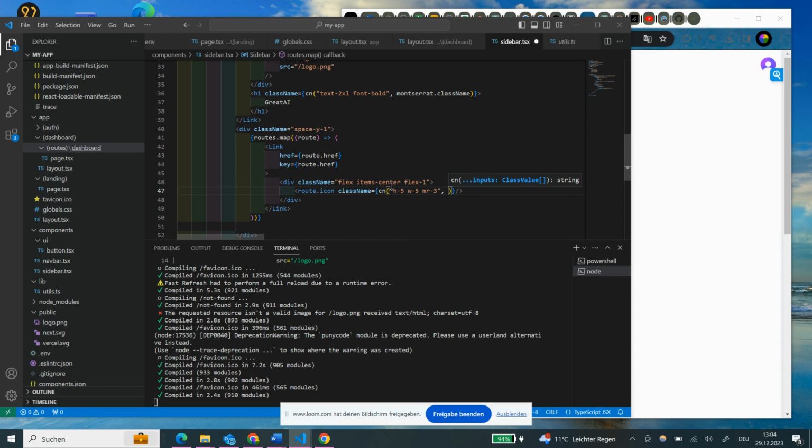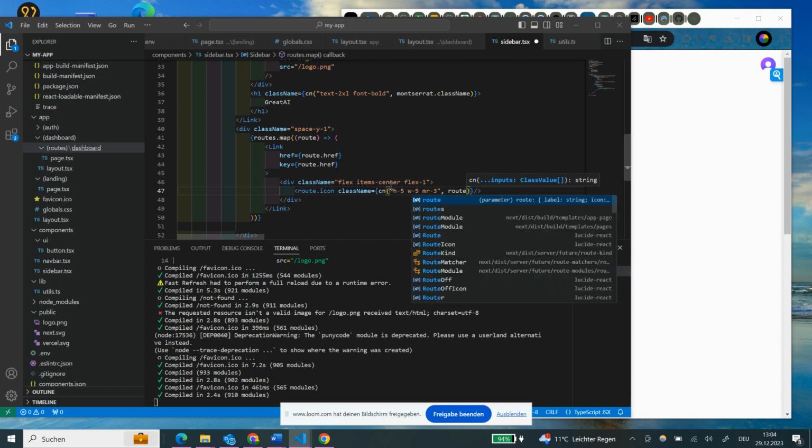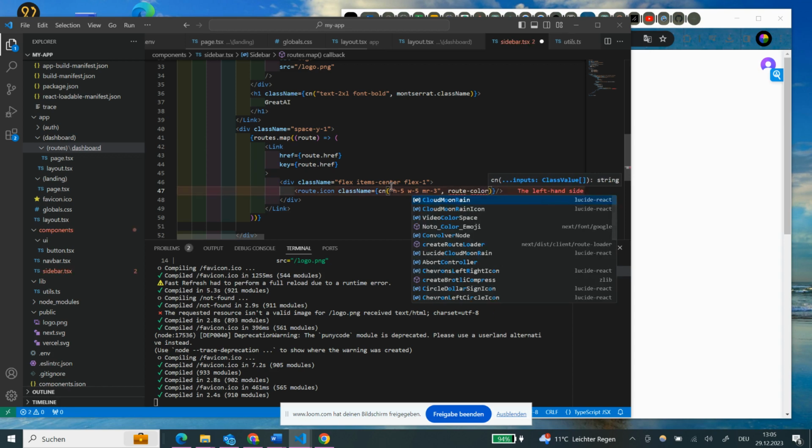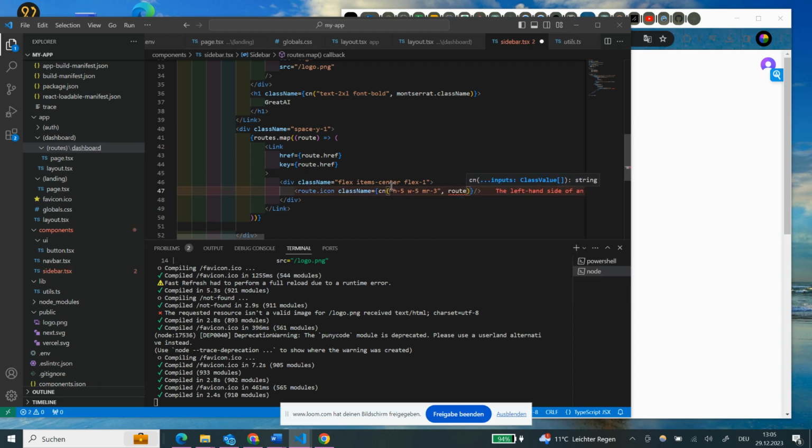So that's the color that we're going to use. There we go. You can see how now our little icon is